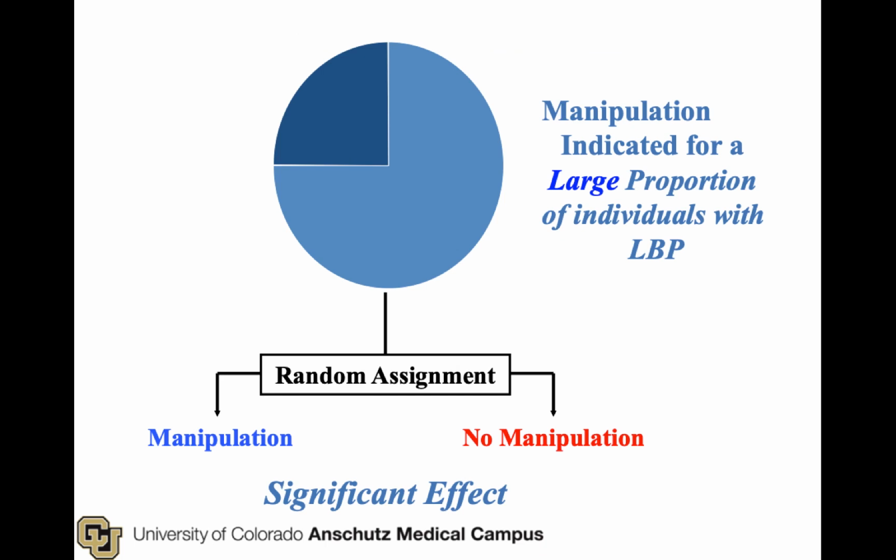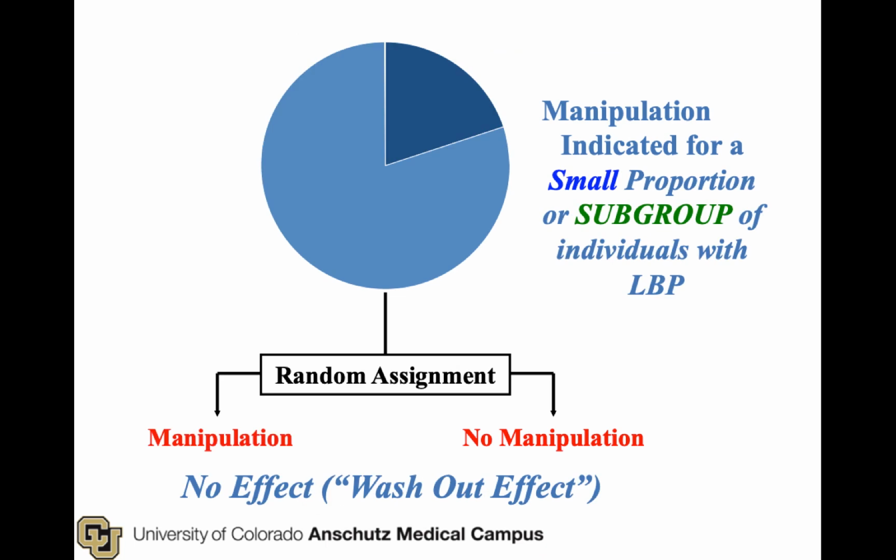For example, if we look at manipulation, if it was indicated for a large proportion of individuals with low back pain, if we did a randomized controlled trial, we would see a significant effect. Unfortunately, that's not the case. Manipulation helps some patients, but not all patients with low back pain. So if it is only indicated for a small proportion or a subgroup of individuals with low back pain, if we do a randomized controlled trial, there will be a washout effect. It'll help a subgroup, but that will be washed out by the rest of the people that don't benefit from